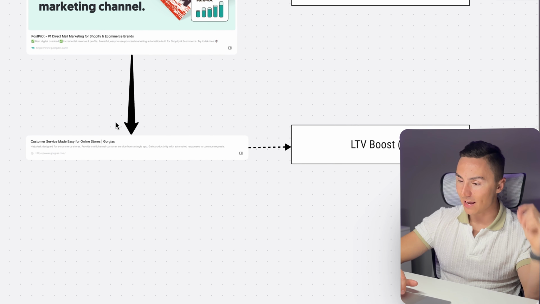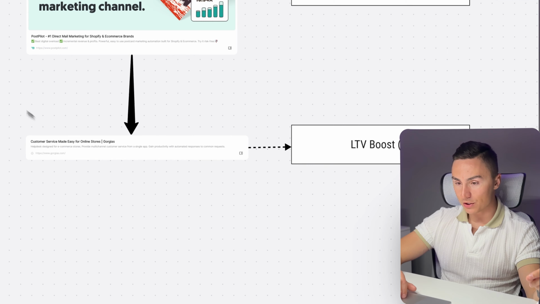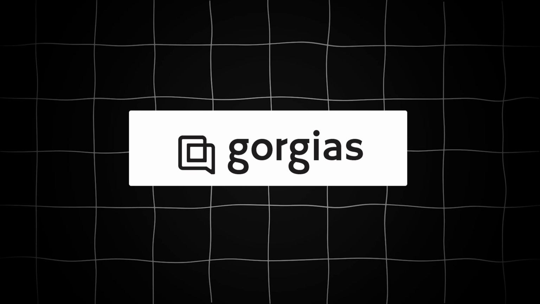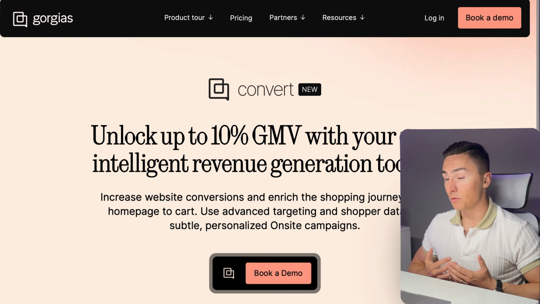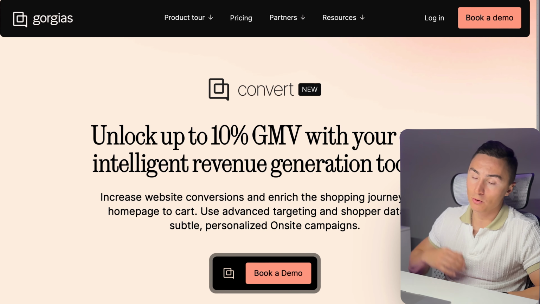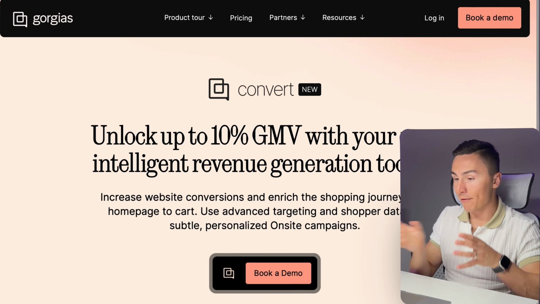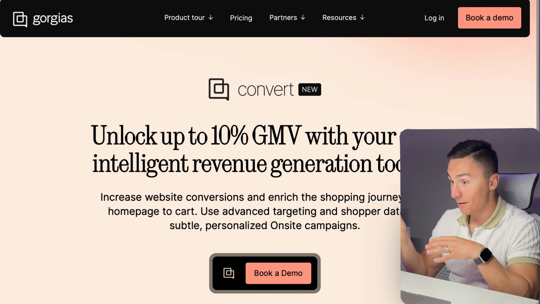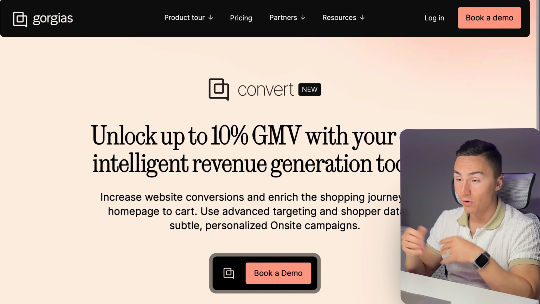Lastly, lifetime value boost number 2, Gorgias. Gorgias is a help desk platform that allows you to automate most of your customer support tickets. For example, you have people commenting on Instagram. You can have an automated sequence for these folks. If you have people that are interested in a product, you can automate that too, or you can have your